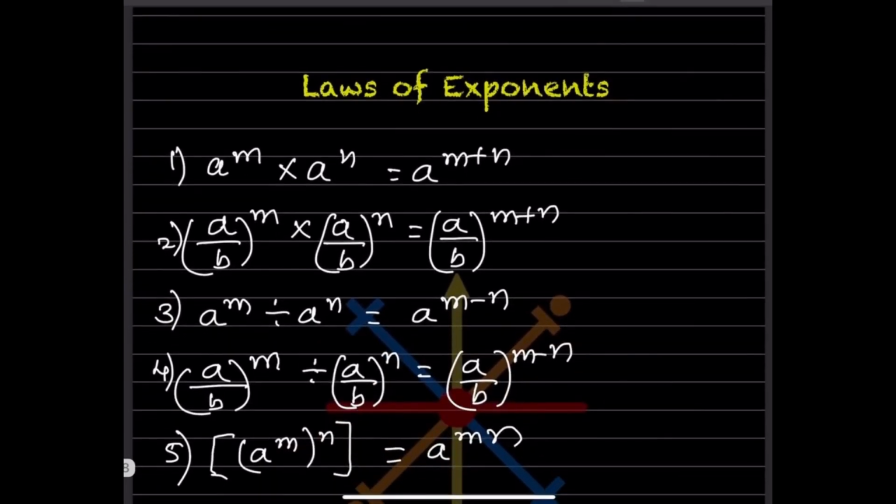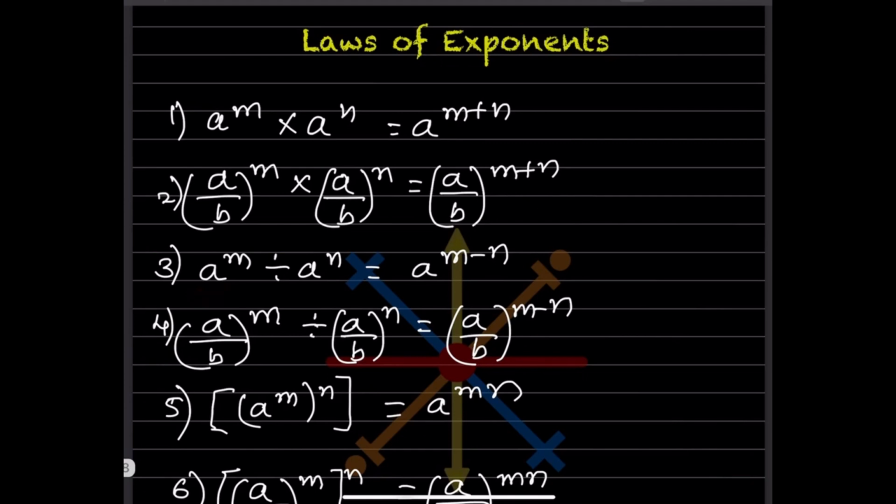First, let us see some of the laws of exponents here. Whenever there is a raised to m into a raised to n, that will be a raised to m plus n, because without these laws you won't be able to do it. Now in case this is the same one, but the denominator is b, a divided by b raised to m, rest all is the same. Now a raised to m divided by a raised to n, that will be a raised to m minus n. Now same over here, when it is divided by b, that is going to be the same.